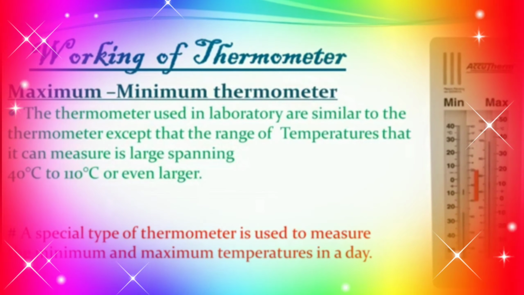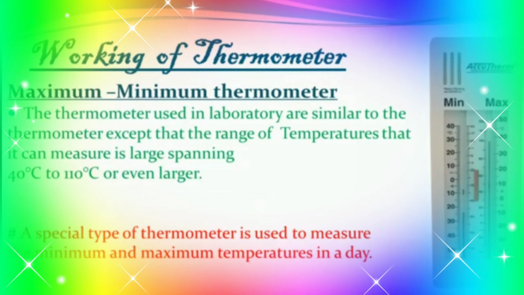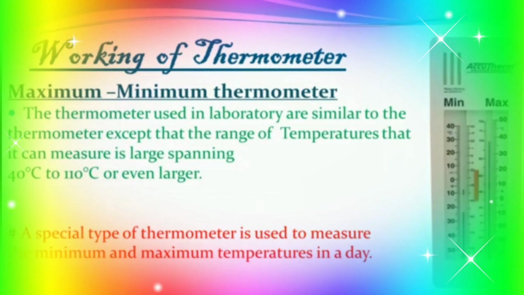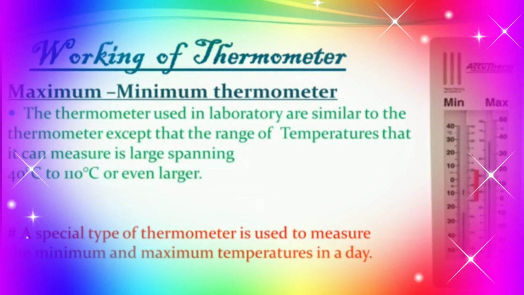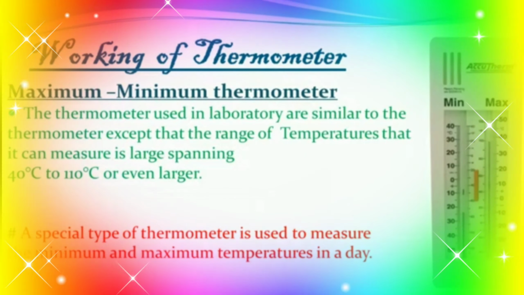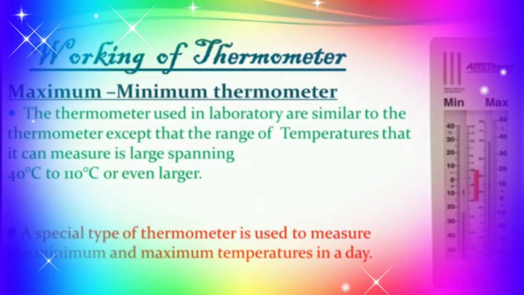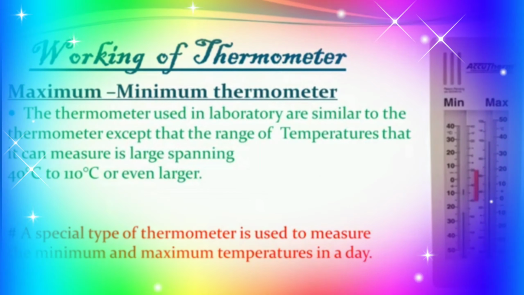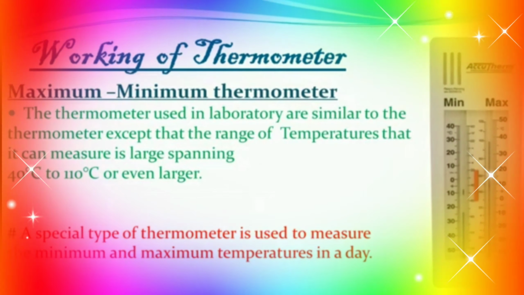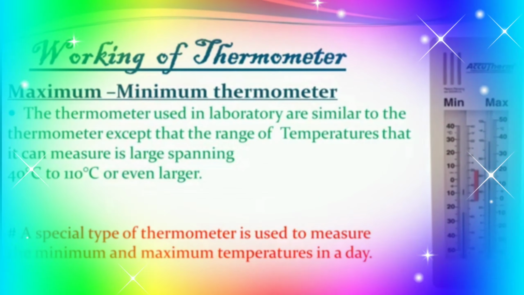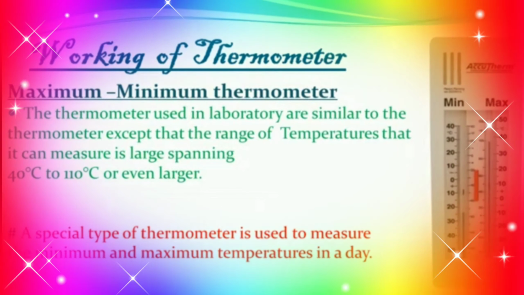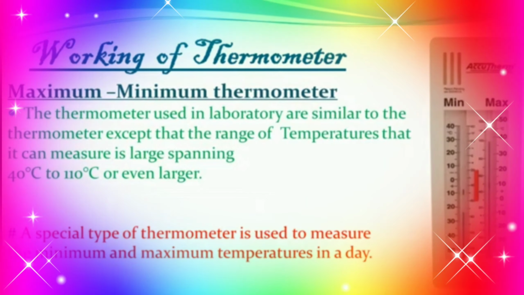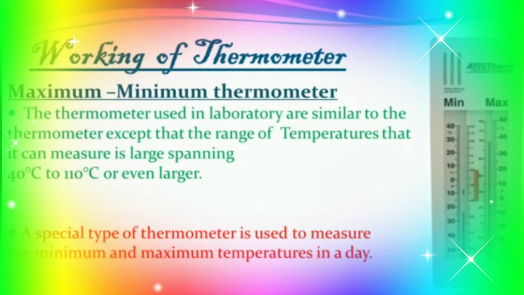Now let us move towards the specific heat. Students, the specific heat of an object is the amount of heat required to increase the temperature of unit mass of that substance through 1 degree Celsius. This is represented by the symbol small c. Its unit in SI is joule per kg degree Celsius, and in CGS it is calorie per gram degree Celsius. Suppose Q amount of heat is required to increase the temperature of an object of mass m and specific heat c from Ti to Tf.